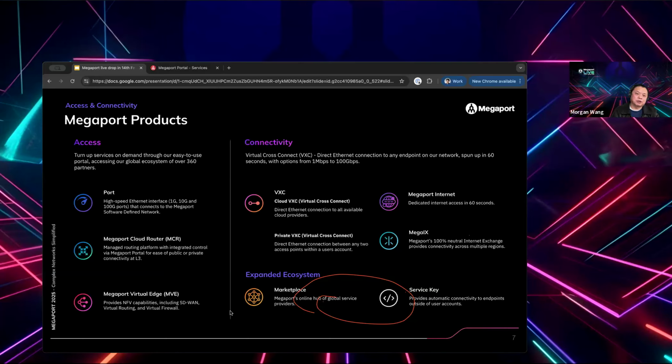So the first access service is a data center port, a physical port or pair of ports in that center. From the port, you can initiate up to 100 different virtual connections to different destinations, maybe another data center, maybe a cloud provider.